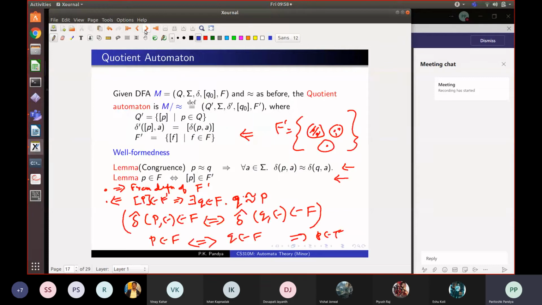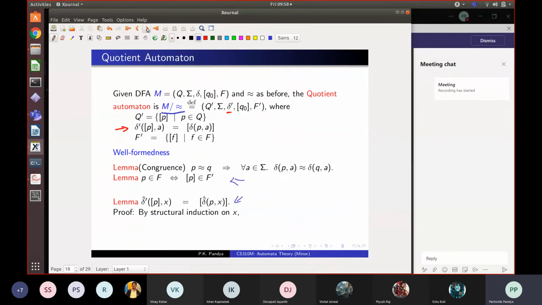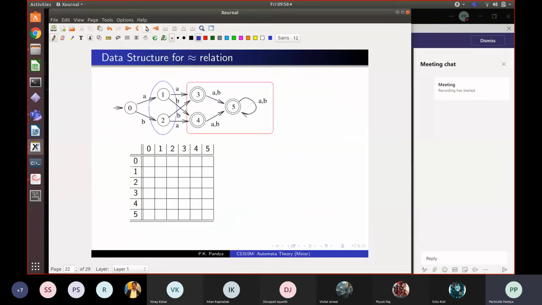So we have done this minimization algorithm, but in order to apply it, you need to know the equivalence classes, the baskets, under the state equivalence. We need to know which state is equivalent to which state. Given that, we can apply the algorithm and get the quotiented automaton. Now, how do we get these equivalences?